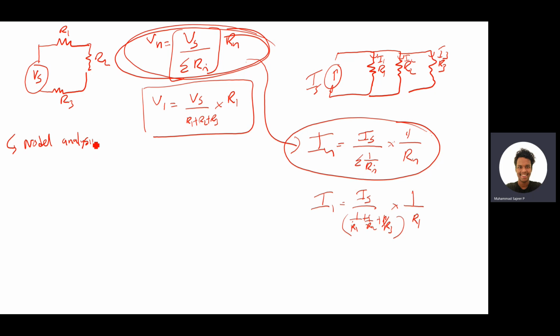So generally people say that nodal analysis and mesh analysis are basically brute force methods. Brute force method means they don't give you insights. Like a mathematical problem, you can just solve it, but it won't give you some insights. And nodal analysis, what exactly we do, for example, if I have a circuit something like this,